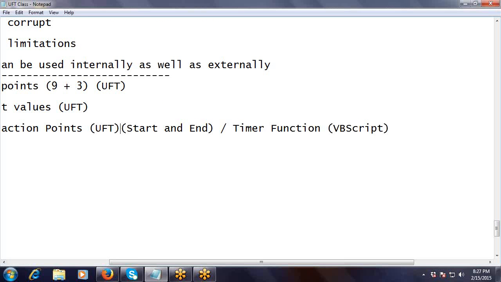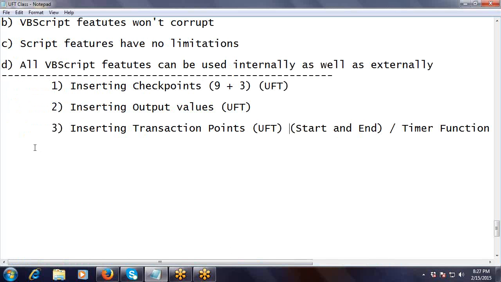What is the purpose of transaction points? To test the performance testing. For measuring test transaction time or part of the test transaction time or both. Okay. Next,